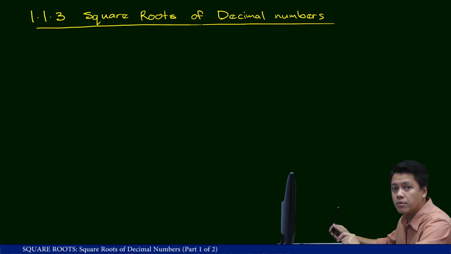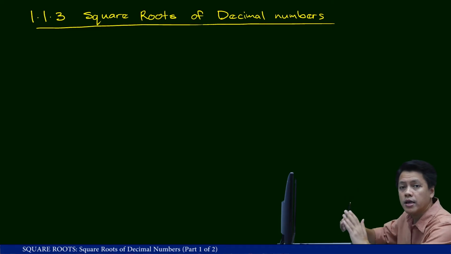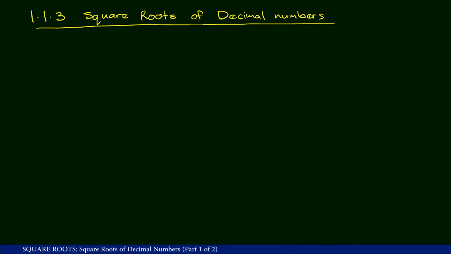So I'm going to pick up 4 decimal numbers here, square them, and let's see whether or not we can observe any similarities between the number and its squares. So I'm going to pick up 4 numbers. The first one is 0.5 squared. 0.5 squared is equal to